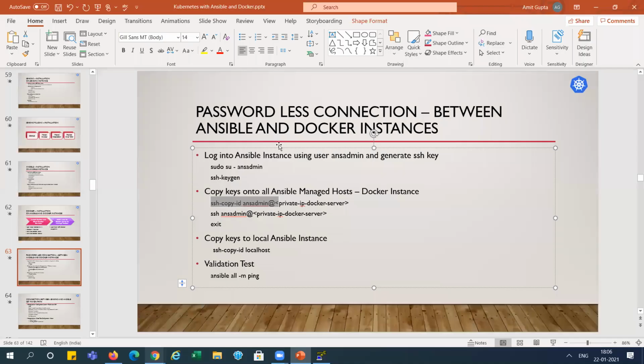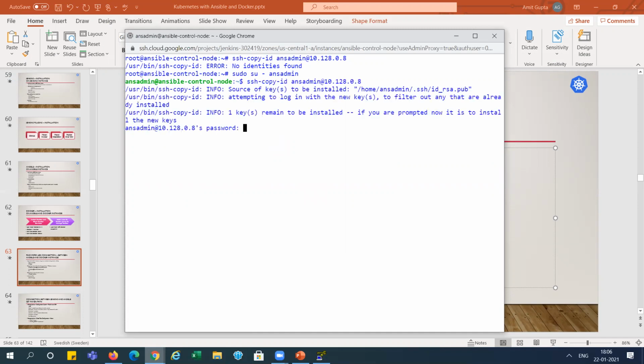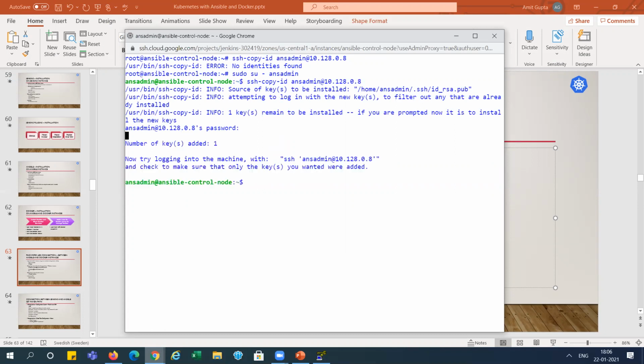Wait, actually we again missed that step, right? We will follow this step. We need to use sudo with that one. Now we need to copy it. Now it is asking for the password. It will ask for that password the first time. I am giving that password, right? So this key is added. So we can do it manually, or this command will do that, right? That is added.